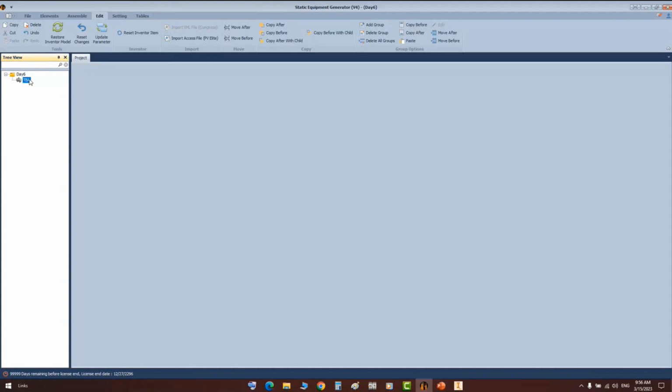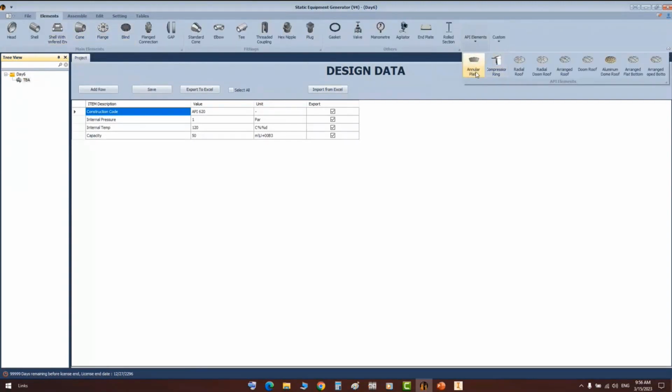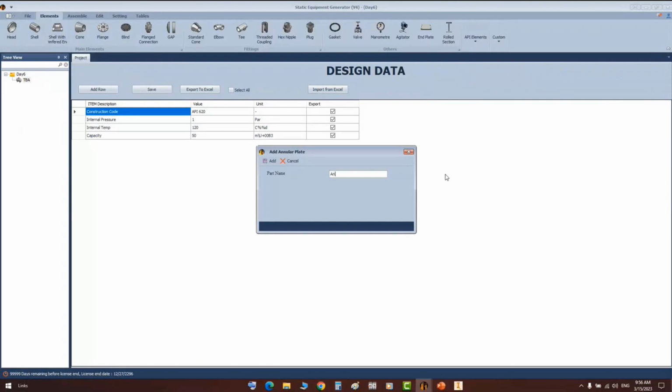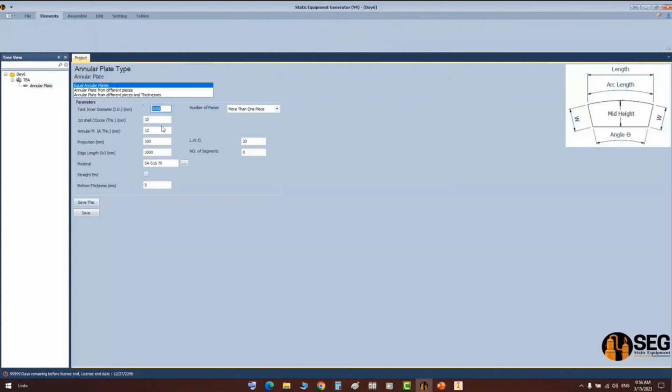Okay, now let's start to create a new storage tank, and from elements let's add an annular plate. So from here let's create the annular plate, and from the annular plates let's select the first type, and define the tank inside diameter. So let's make it, let's say 14 meters. Okay. The first course thickness of the shell, let's make it 12, and the annular plate thickness, let's make it 10 millimeters, and the projection, let's make it 16 millimeters, and the edge length,